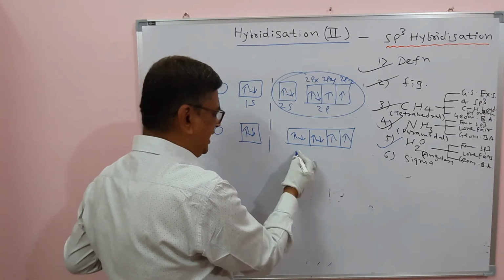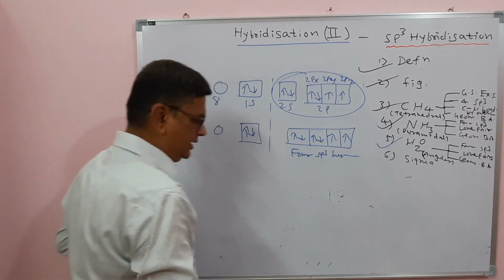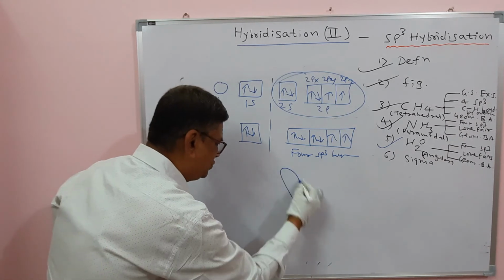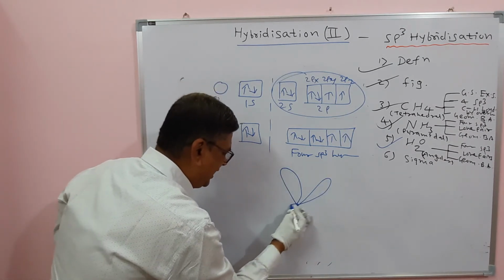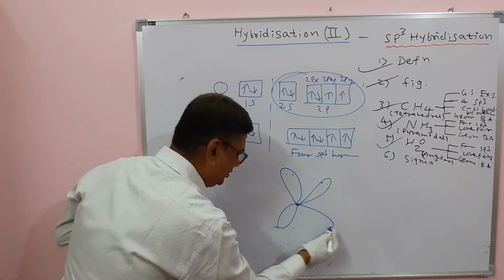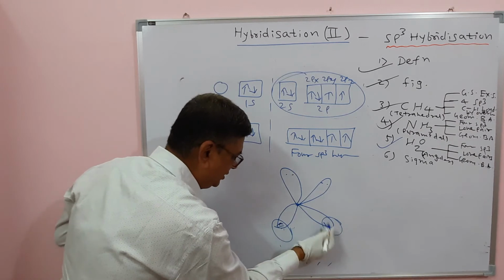an unpaired electron each, meaning they are half filled. So these are 4 sp3 hybrid orbitals. And how is water formed? By overlapping, something like this. There are 2 lone pairs, you can show like this, and along with these 2 lone pairs, we show the 2 OH bonds formed by overlapping, something like this.